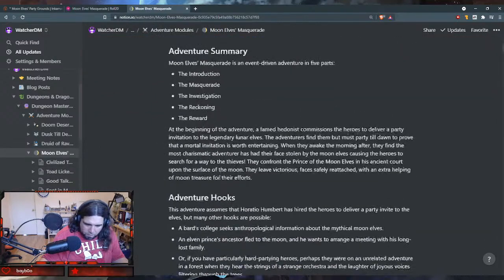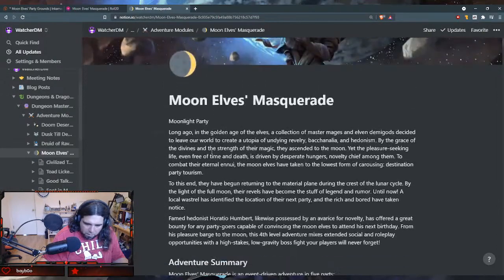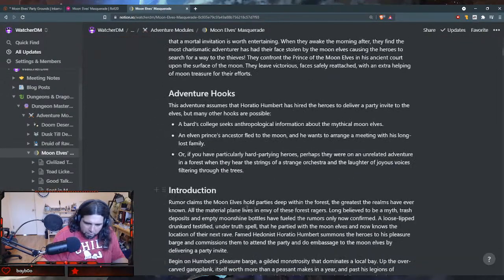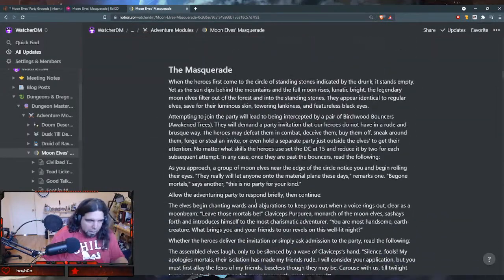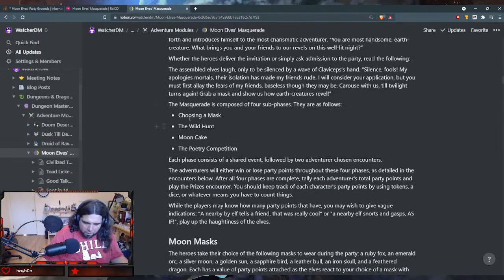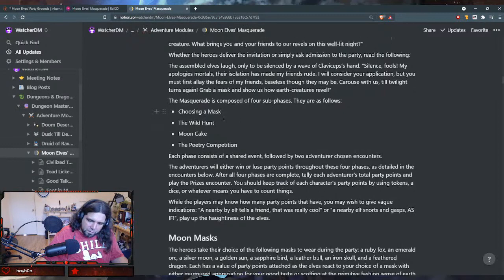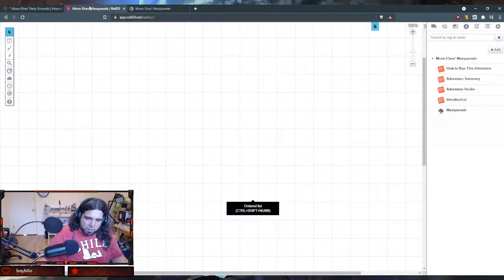Okay. But one of the things I'm thinking here is maybe it's worth it in this context, in this module, or in Notion, to make subpages for each of the things, because then it'd be a little bit easier to parse down. So basically, there's 4 subphases: choosing the mask, the wild hunt, the mooncake, and the poetry competition. And so I think what we're going to do is